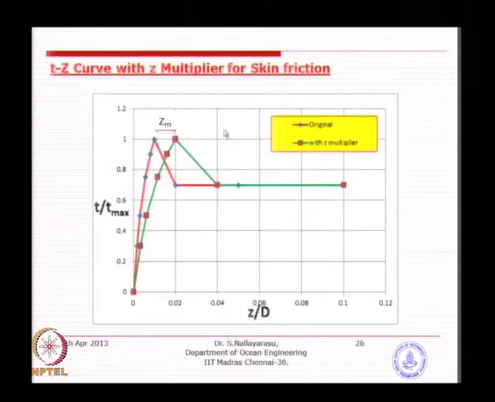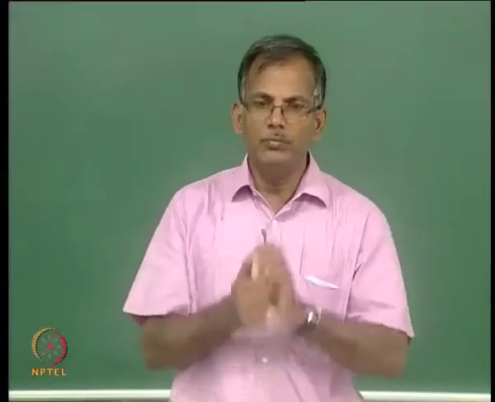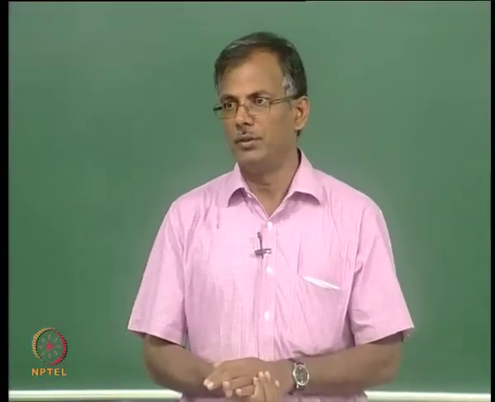If you want to use a z multiplier, this is what will happen. I was just trying to explain. For the same capacity, the red one is the original and the green one is after multiplying. A z multiplier is always going to be greater than 1, so you will see that more deflection will happen. The shape of the graph is the same, except that it gets shifted by that amount. If it is a z multiplier of 2, 1 mm becomes 2 mm, or 10 mm becomes 20 mm, to achieve the full capacity. So, what it means is you will take more deflection, basically that is the idea.